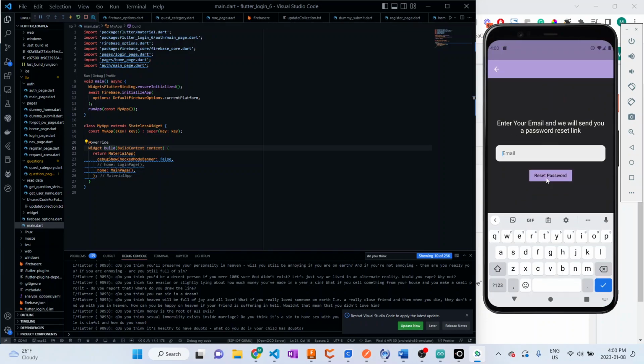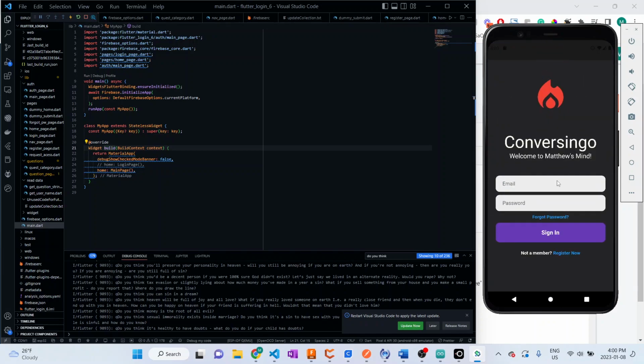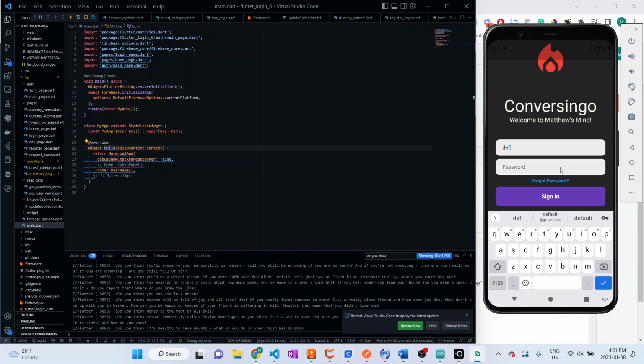So if you forgot your password, and this is managed by Firebase, you put in your email, you click reset password, and then it sends you a reset password link. So one of the emails I just created using Firebase was default@gmail.com, and then 1, 2, 3, 4, 5, 6, 7, 8, 9, 0. And if we sign in,